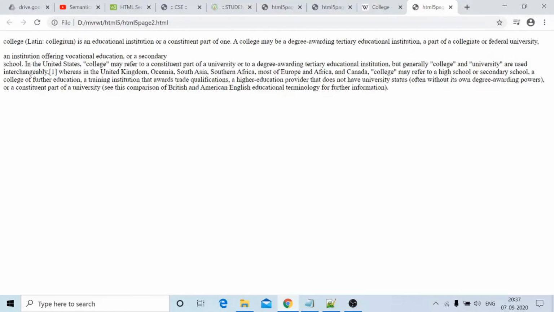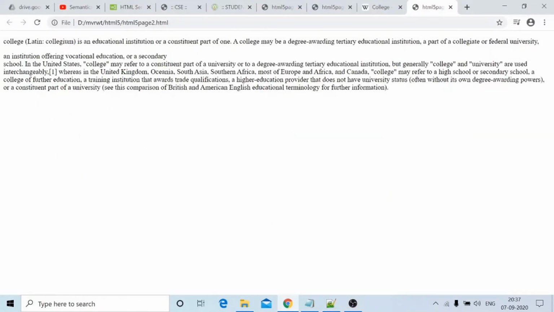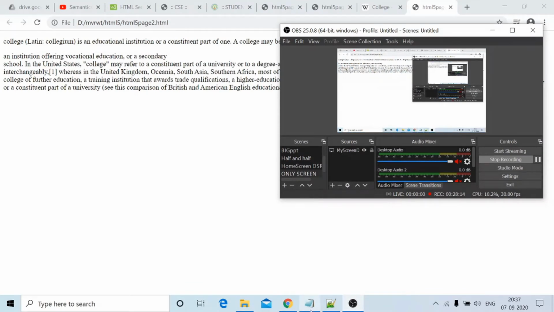An institution offering vocational education or secondary education will appear at the side of the page. We may align this to the left or right side. This is about the aside element.